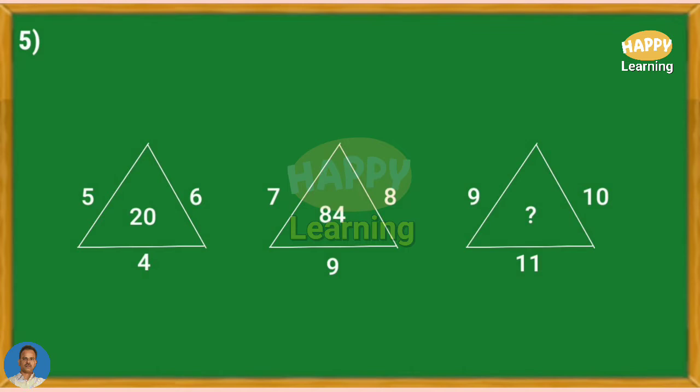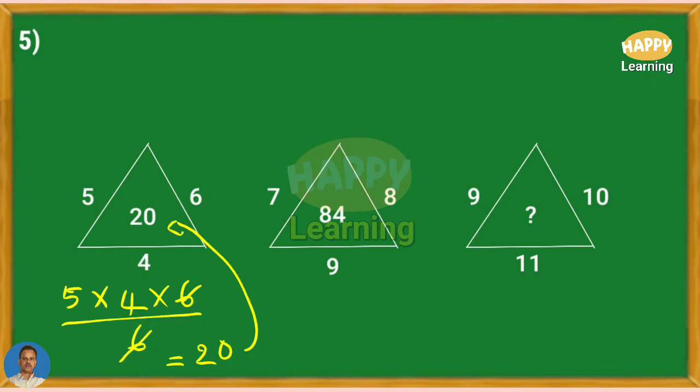For time saving I am giving the final logic here. 5 into 4 into 6 divided by 6, then 6 gets cancelled, equal to 20. So this is equal here. Similarly 7 into 9 into 8 divided by 6,